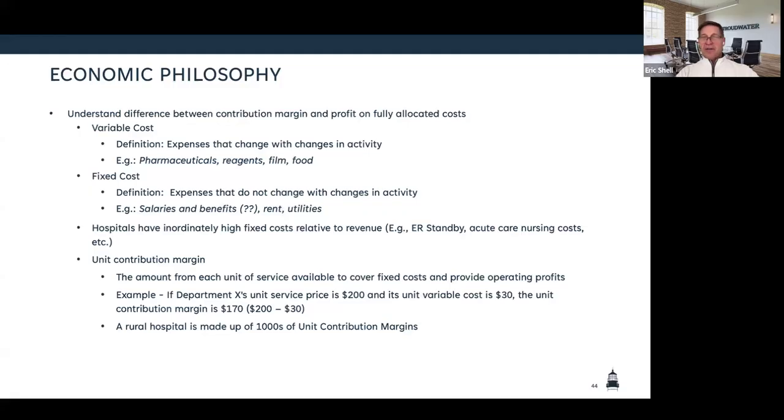If volume changes today, we have one more lab test come in or one more emergency room visit. Let's say we go down to our physician clinic, pick up a lab draw, bring it back and do that lab test. How much did our lab costs go up? How much cost went up because of that one additional lab test? Thoughts on this? Come on, you guys were much more participative last time. This is the fun one.